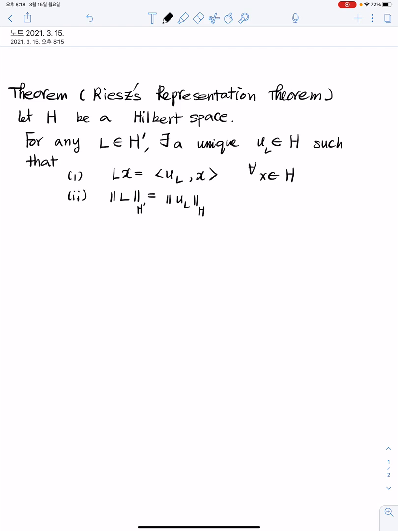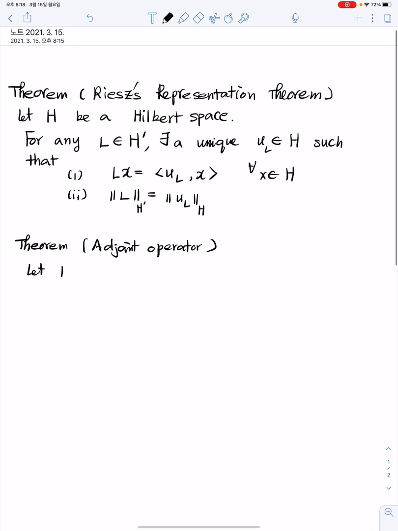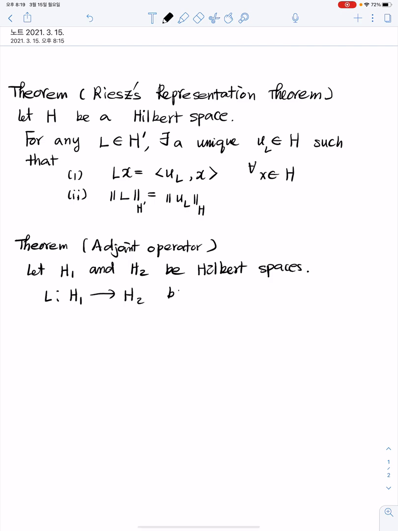So we know that in theorem 2, the adjoint operator: let H1 and H2 be Hilbert spaces, and I take L to be an operator from H1 to H2, a bounded linear operator,